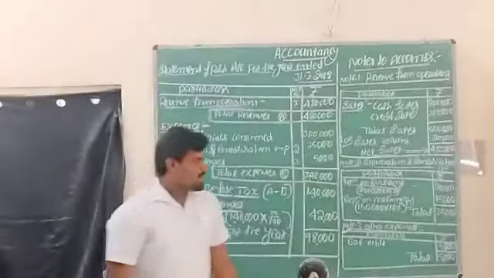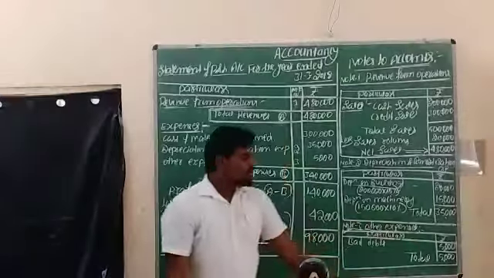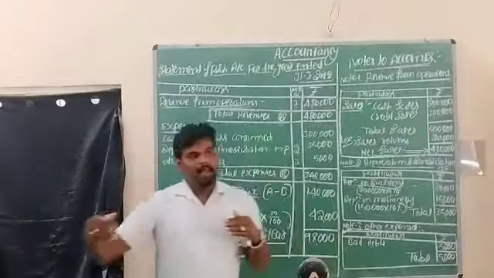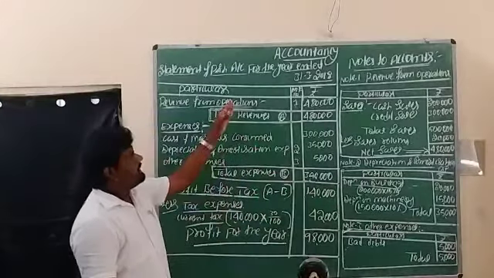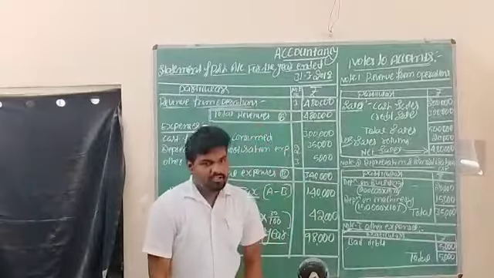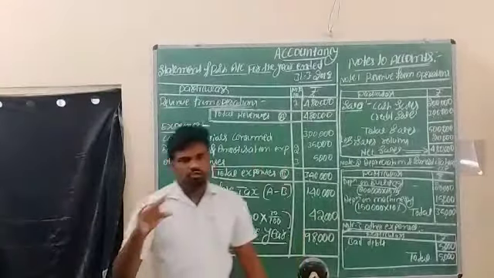Namely, the two types of assets, buildings as well as machinery. They gave 2 lakhs worth of buildings as well as 1,50,000 worth of machinery. These assets we can record in the balance sheet. But in this statement of profit and loss account, there is no need to record the assets. We need to record only expenses, right? For these assets, they gave one note.